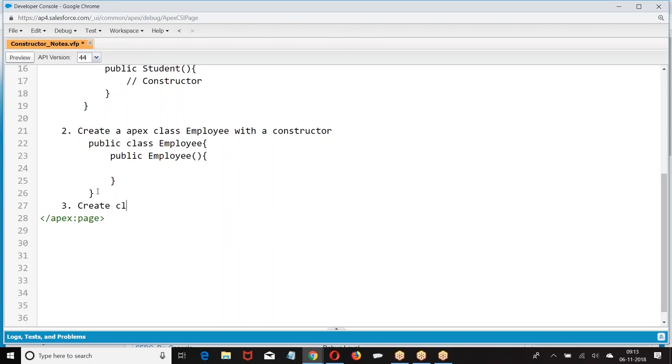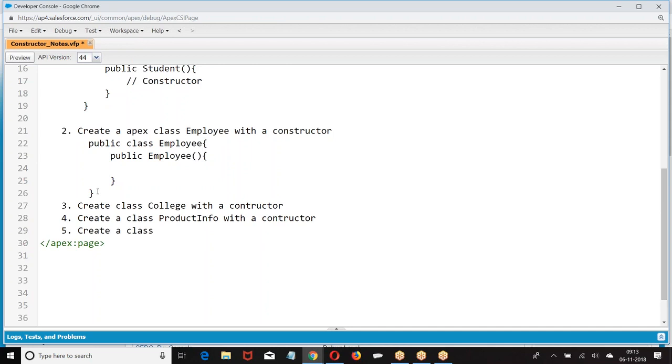Create a class college with a constructor. Create a class product info with a constructor. Create a class company.